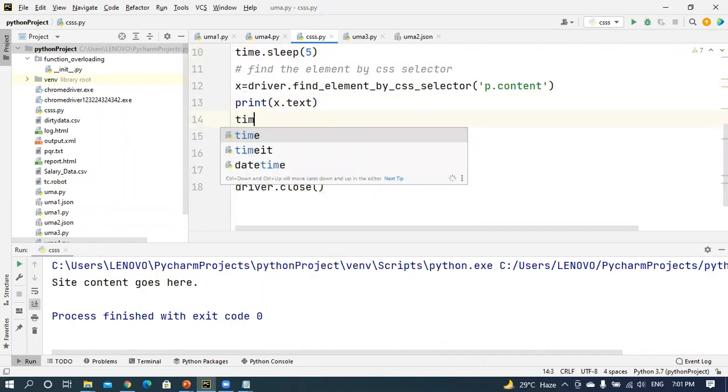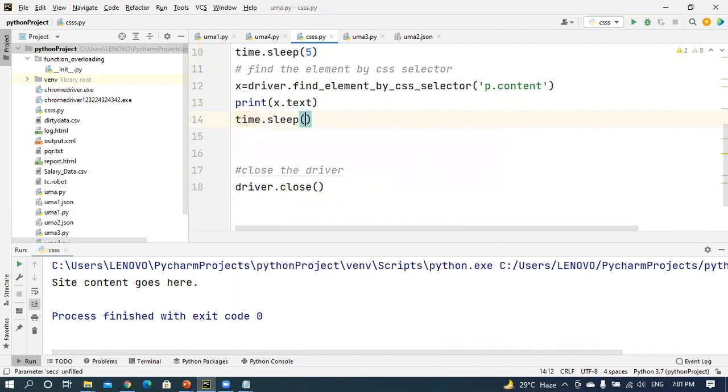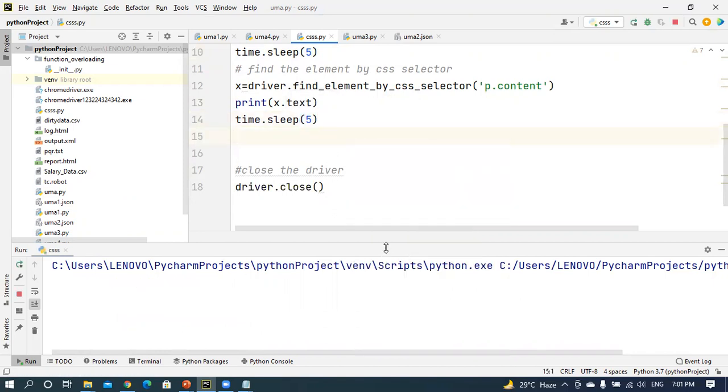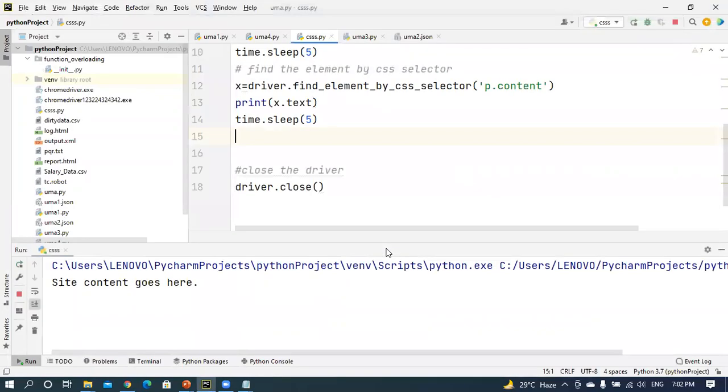With the help of the time.sleep method, I am going to wait 5 seconds, but otherwise it directly comes and goes. Open the window, maximize the window, and then navigate to the web page. After that, identify the element. After identifying it, this is a paragraph, and you are getting this value here.